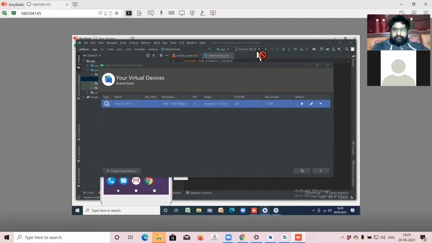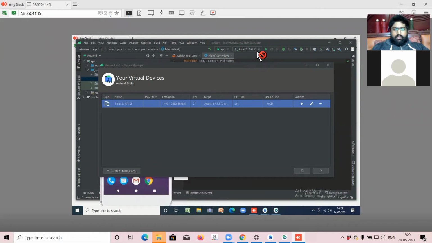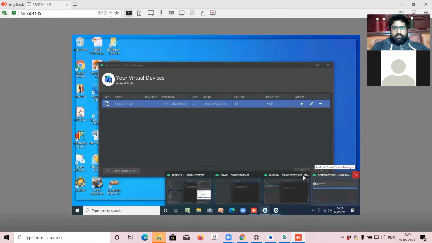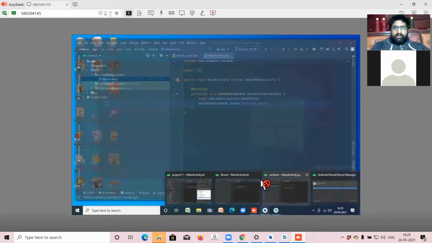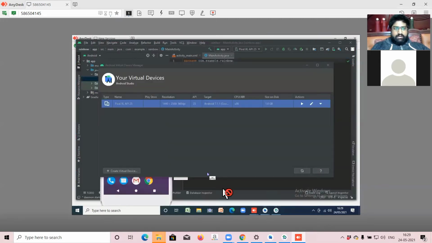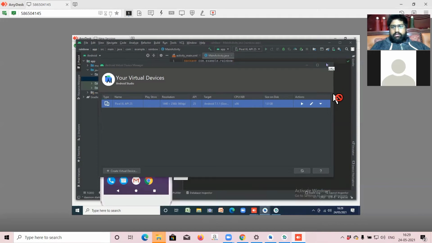Let's wait. Oh my goodness. So that is the reason the app is not working. We have to close all the unwanted things, right? So you close the flower. Rainbow is our application, so don't close it. I'm sorry. Flower, you close it, and project structure, you close it. You close this thing. AVD, you better close this thing. Close it.